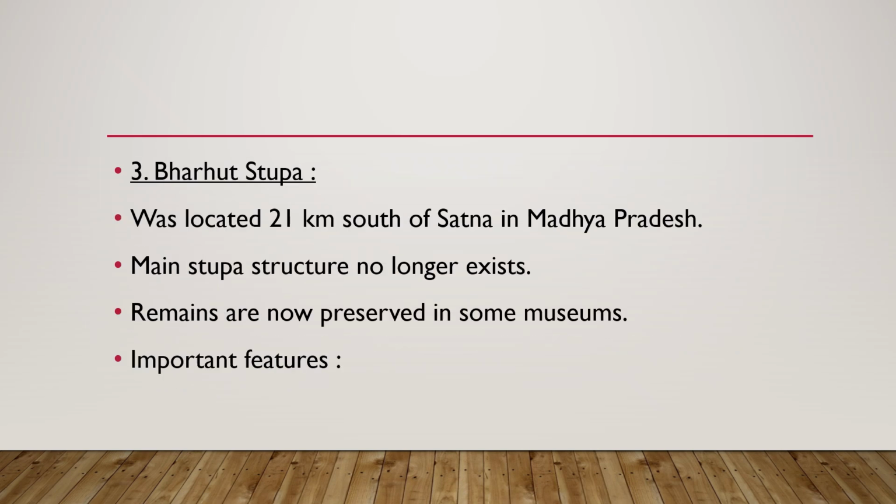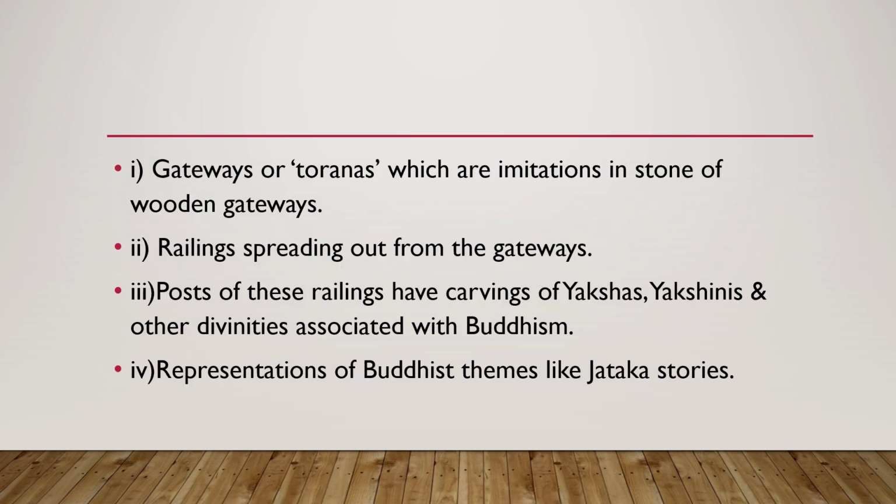Bharut Stupa. This stupa was located 21 kilometers south of Satna in Madhya Pradesh. The main stupa structure no longer exists. Remains have been preserved in some museums. Some important features of this piece of architecture are the gateways or torans, which are imitations in stone